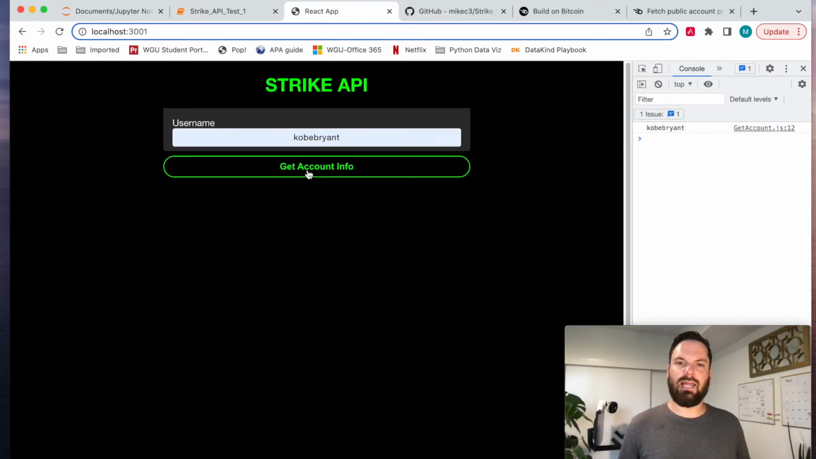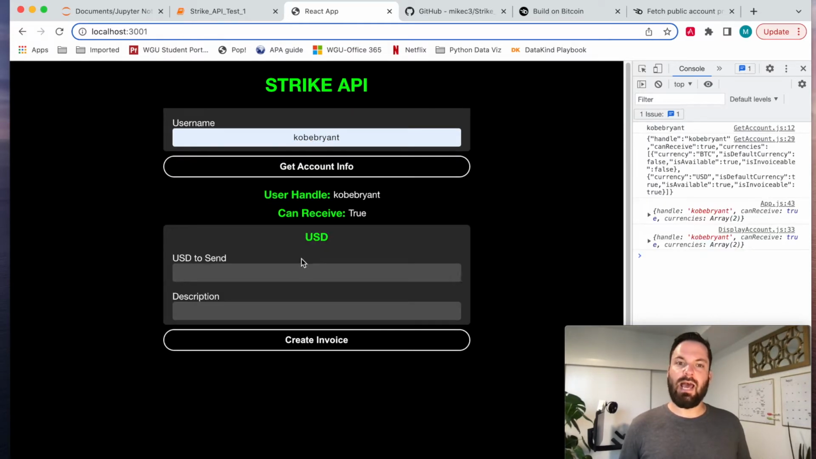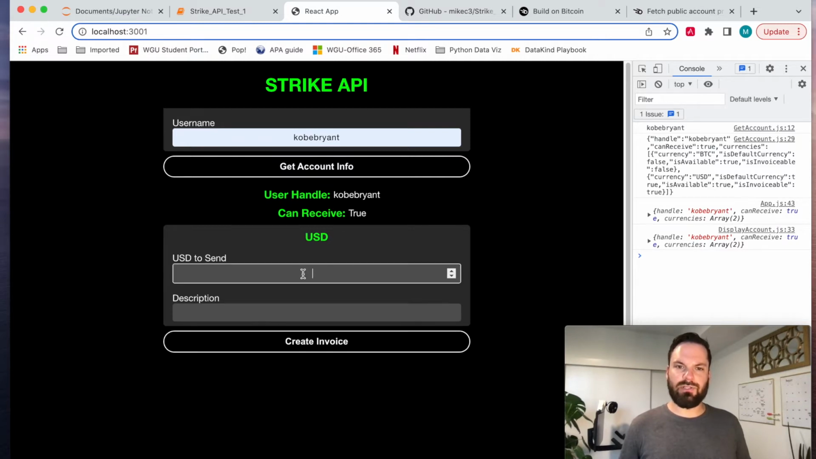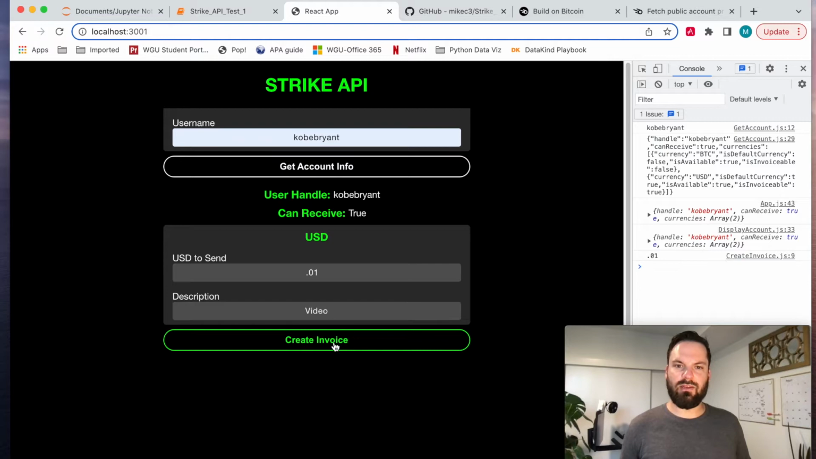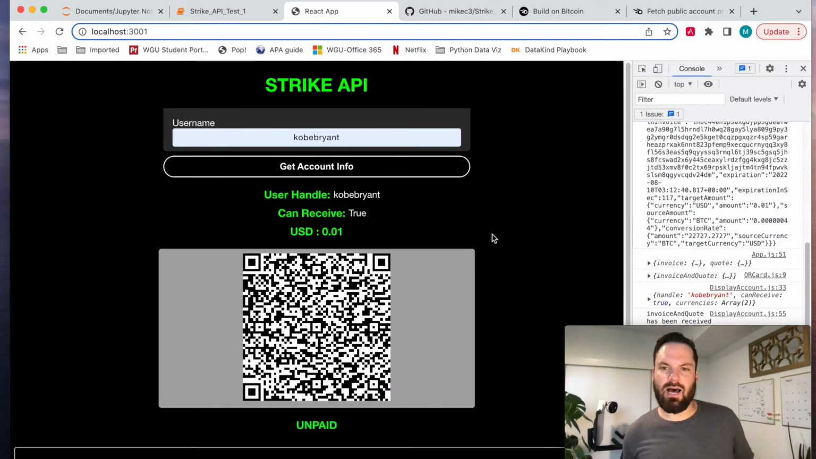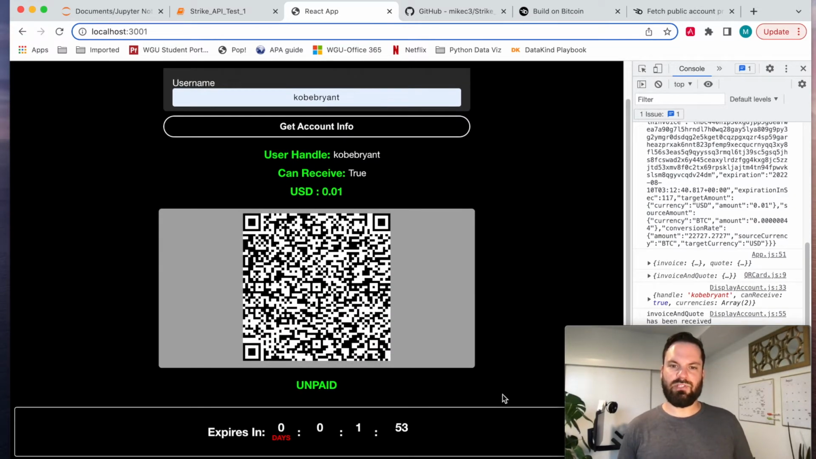And so I get account info. And now I can see that he can receive US dollars. So I'm going to send him 1 penny. I'm going to say video, and I'm going to create an invoice. And now I have, as we see, an invoice that will expire in 1:50, and I'm going to pull up